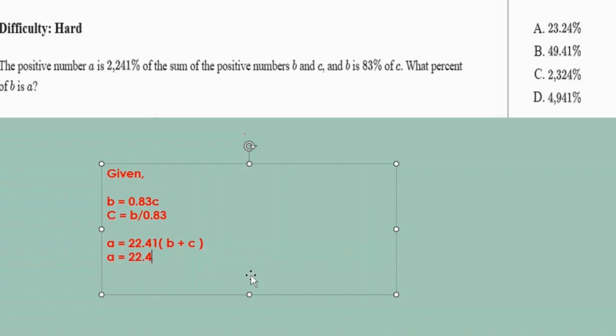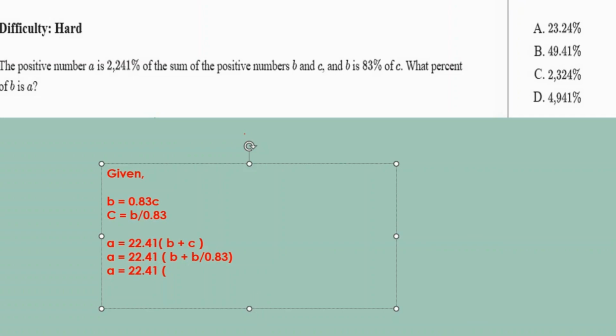A equals 22.41 into B plus, and instead of C I'm going to use this one here. I'm going to substitute that C with this. Yep, that's it. Now A is equal to 22.41